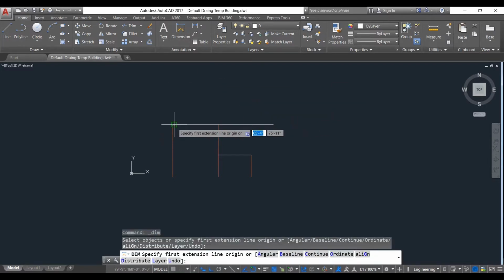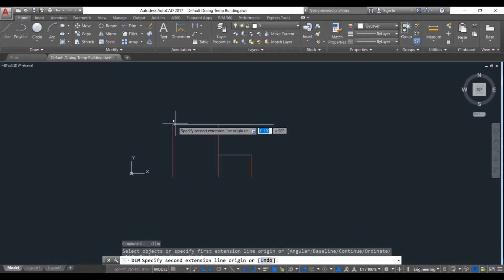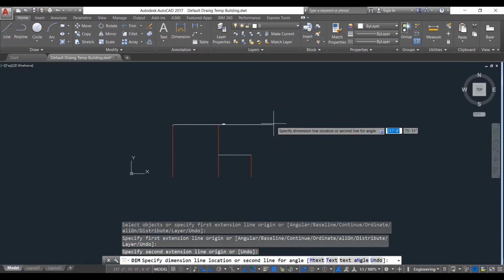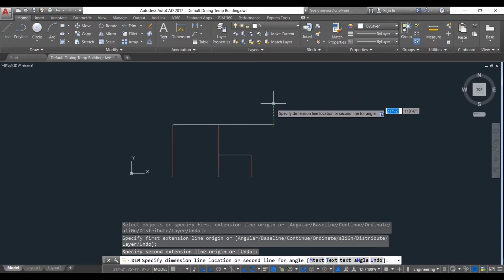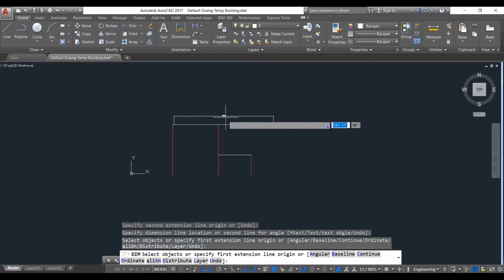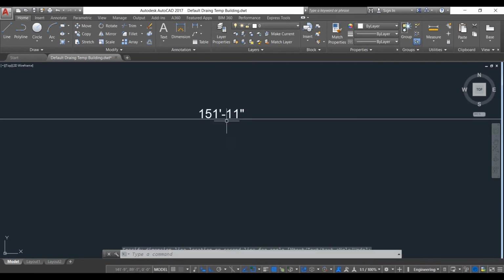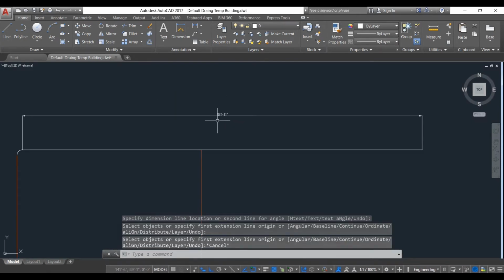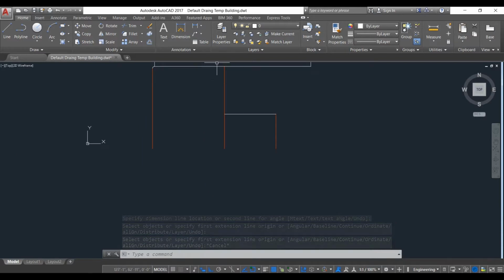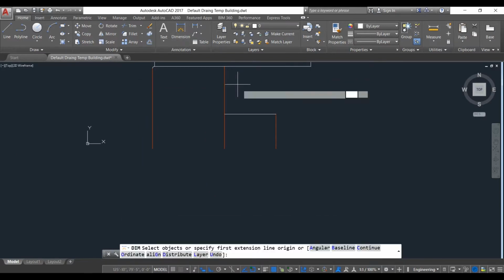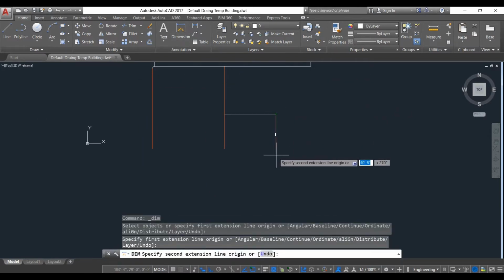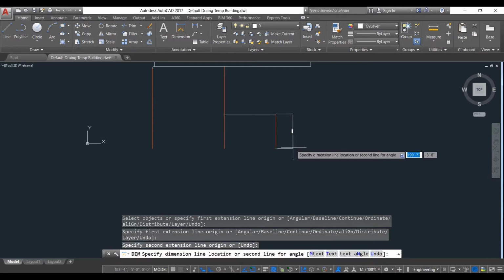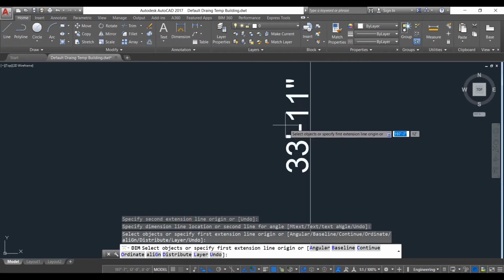then choose your points. Suppose I want this point from this point, and give the distance that you want. Now zoom in. As you can see, it gives the distance. I can show you one. Choose the points and now give some distance. Okay,